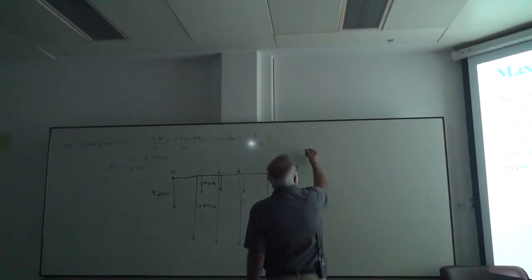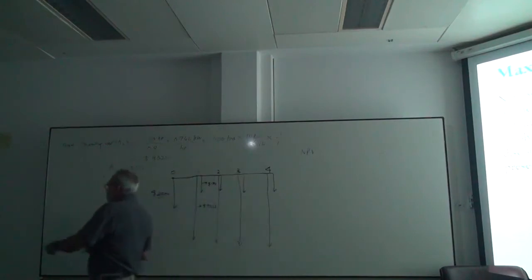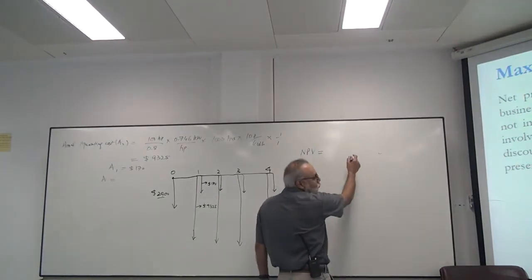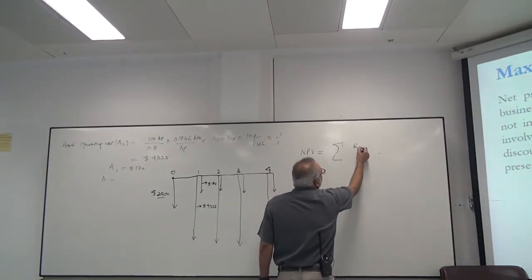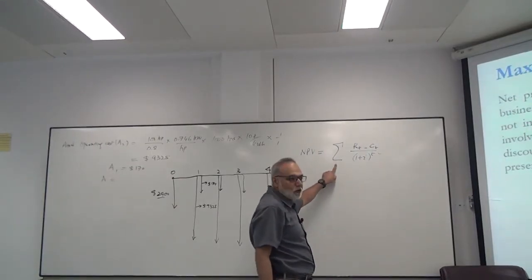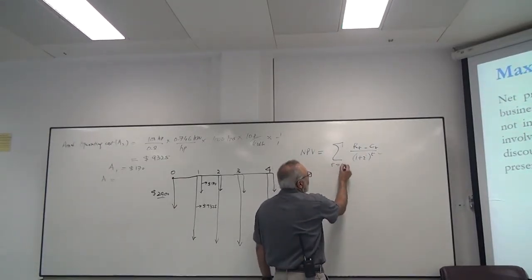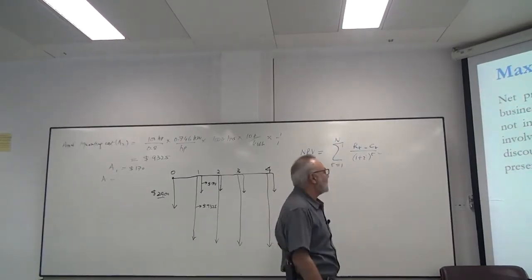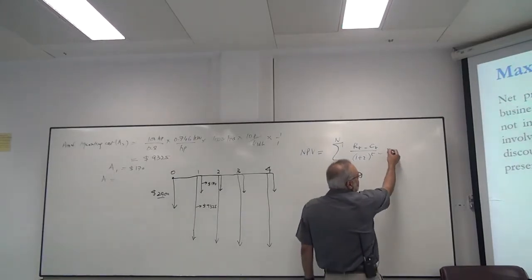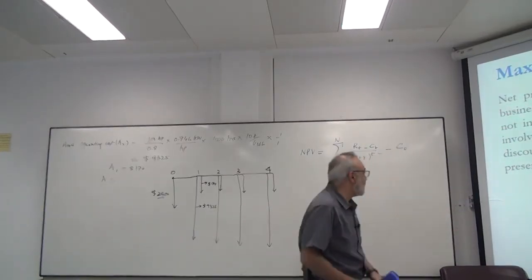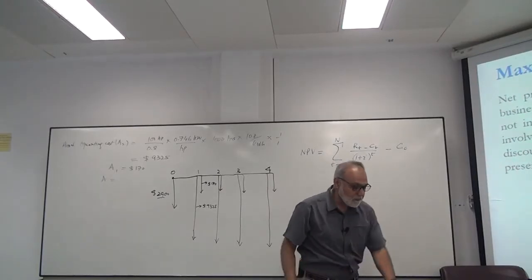The net present value NPV is equal to the sum of (RT minus CT) over (1 plus I) raised to power T, where T changes from 1 to N. We are assuming that the revenues are occurring at the end of each year, so the 1 is there, and there is the initial cost, minus C naught. So it is the same formula, we just expand it like that. This is another way of writing the same net present value.